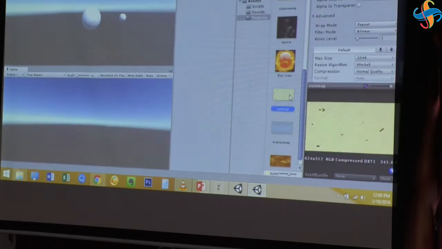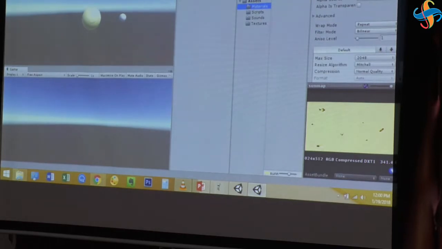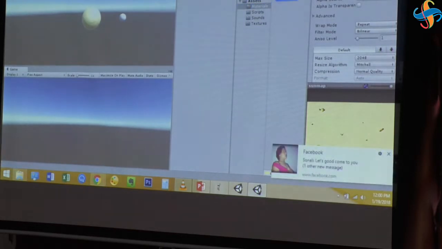All right? And what I'm going to do is take the sun map, drag it over onto the sphere, and let go. Now, you can see that we got a little bit of color. But what's interesting is, look at our assets folder. Does anybody see anything different about our assets folder? Materials. Suddenly we have a materials folder. So what happened was, when we dragged that over, it created this material. So what I want you to do is open the material folder, click on Sun Map,